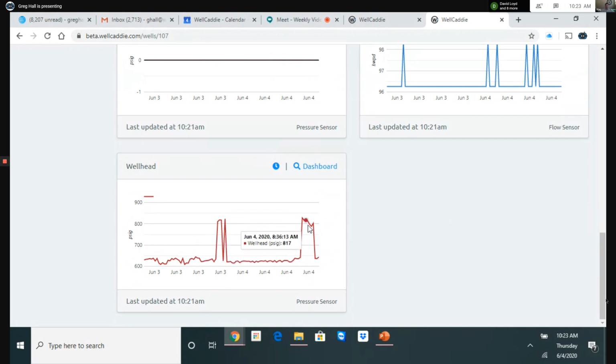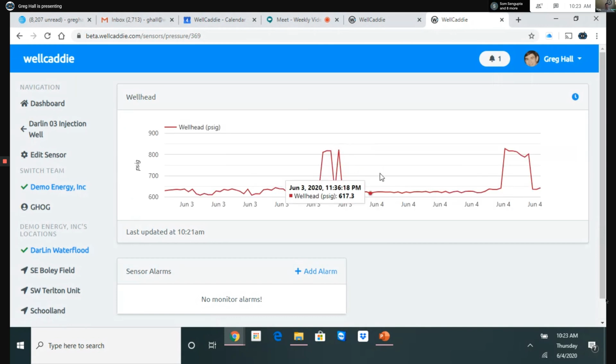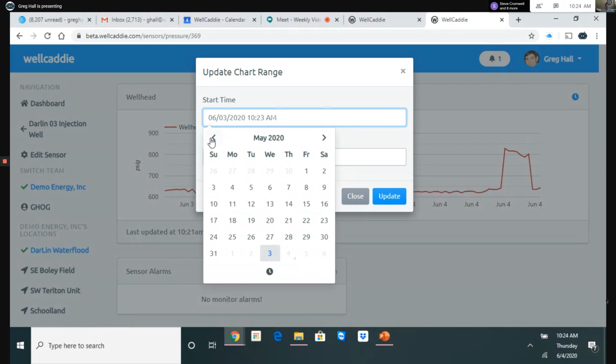Here my wellhead. Now, I'm not sure what happened here. So that happened this morning. I've got to call and ask my pumper, maybe he just shut the well in, purged out a filter. I don't really know, but I'll call and ask him. But see, I'm back to normal. Then if I want to really do a deep dive, I can go in and I can alter. Here's my wellhead pressure. And if I wanted to come in and get a month's worth,